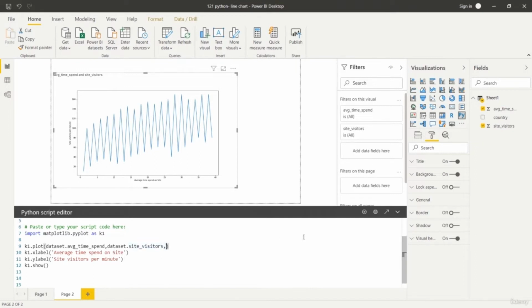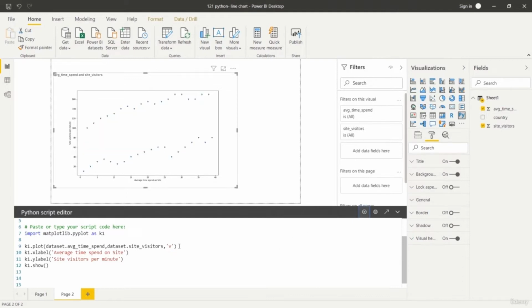So just go to the plot function, and here after the data set you just write a comma, and within single quotes just write a few things. Say if you write r, this line will change to red color. Okay, small r, don't write capital, just write small r. If you write y, it will change to yellow color. If you write g, it will change to green color. So these are the codes that you can use. So if you want to convert the color of your chart, you can. This will not just work in this line chart, it will work on any kind of chart that you create